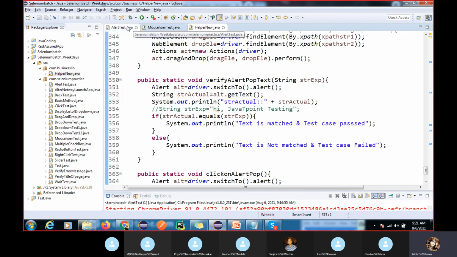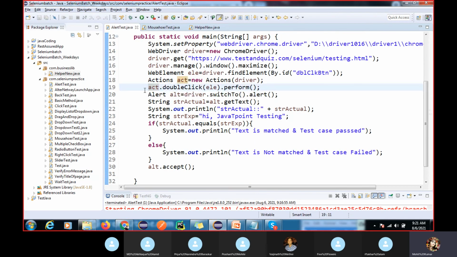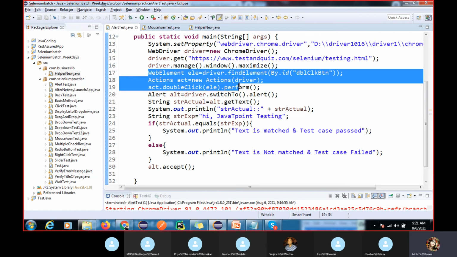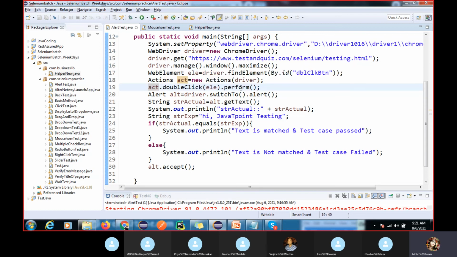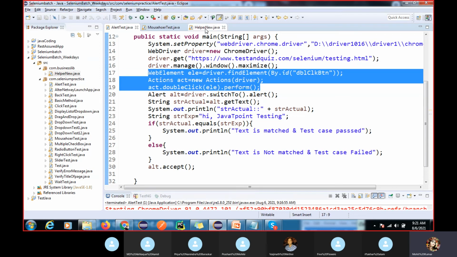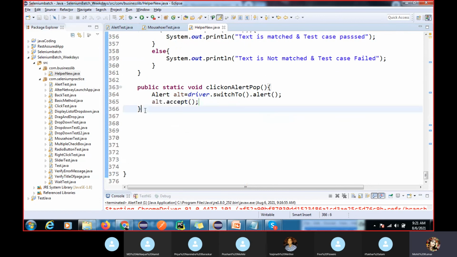We can also make a reusable method for double click, right? We have missed that. In the Actions class, we can also make the double click method, so we can go for that. Public static